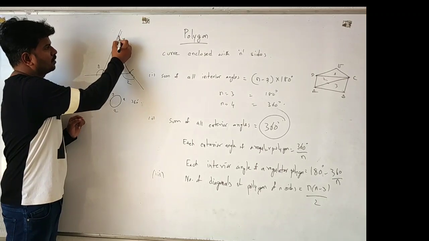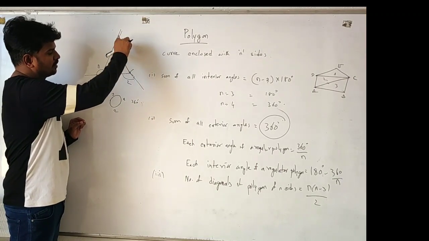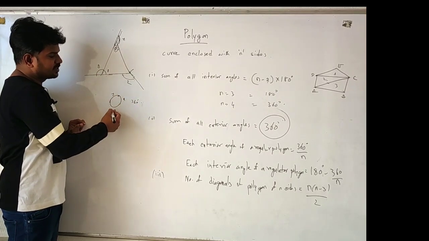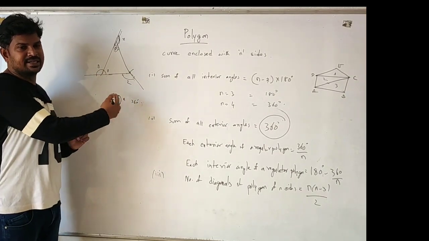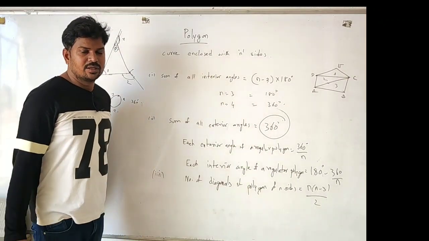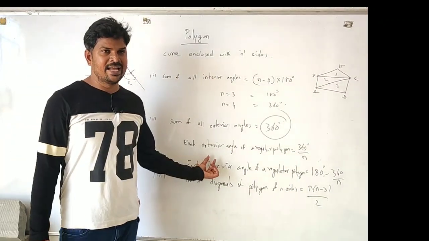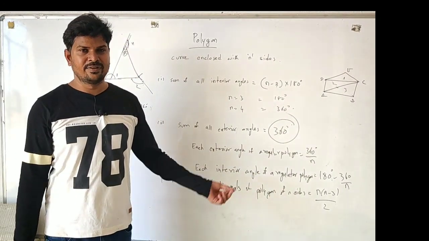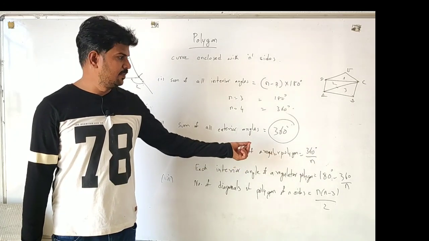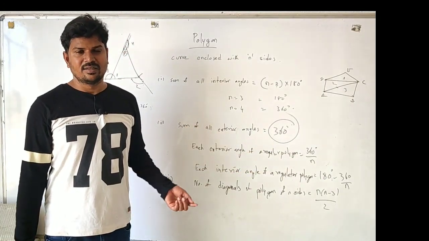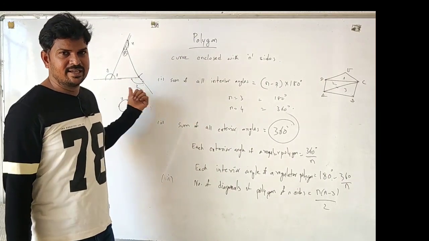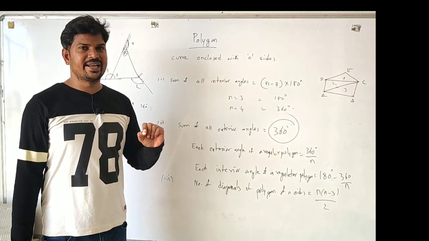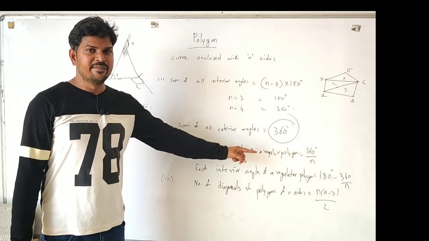Try to cut this X value and copy it here. This is X, this is Y and this is Z. It forms a circle here. So the total of angles in a circle is 360 degrees. Now, if you want each exterior angle in a regular polygon, you decide upon the number of sides it has. Each exterior angle will be 360 degrees divided by n. So if n is 3, for a triangle, 360 divided by 3 is equal to 120 degrees.